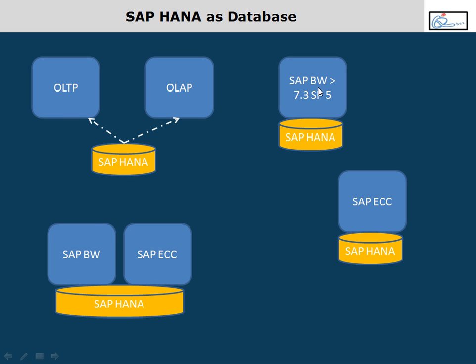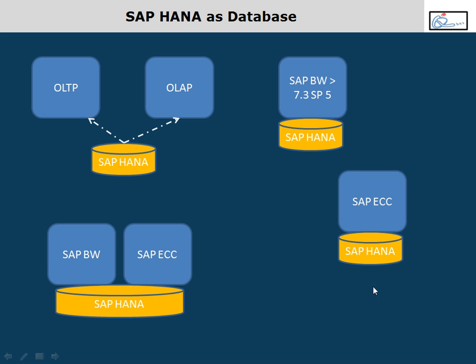Now, for example, from BW 7.3 SP5, we have the flexibility of using HANA as a backend database. Now we have 7.4 SP9. If you look at migrating your BW now, we prefer a 7.4 minimum SP8. It has tight integration between HANA and BW. But from BW 7.3 SP5, we had an option of using BW on top of what? HANA. Okay. So if you want your BW to sit on HANA, your BW version should be minimum 7.3 SP5. And your HANA should be minimum SP3.